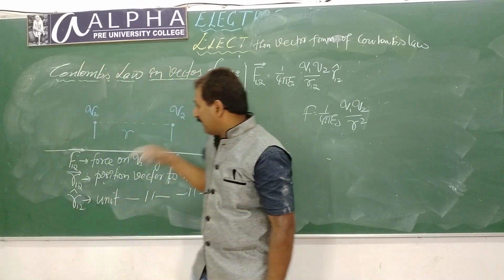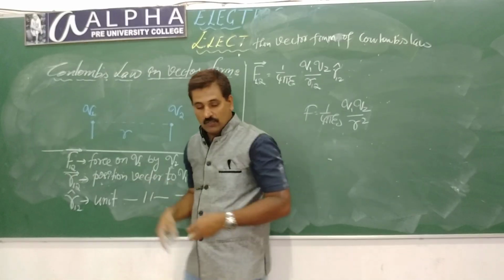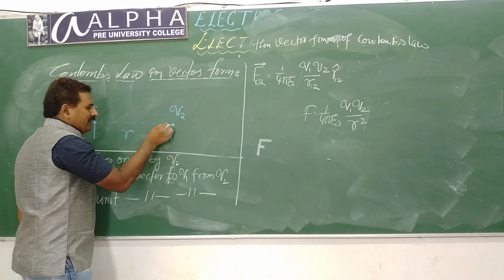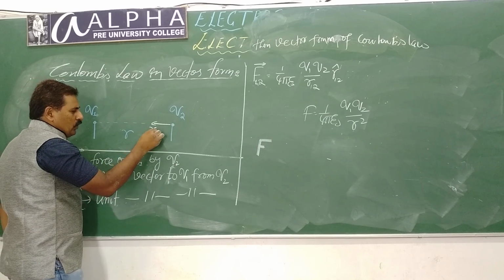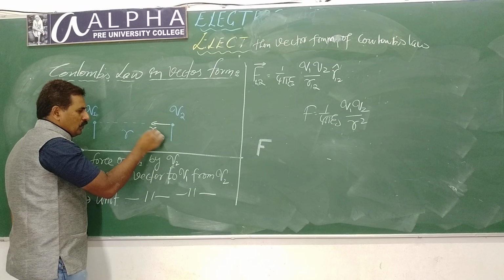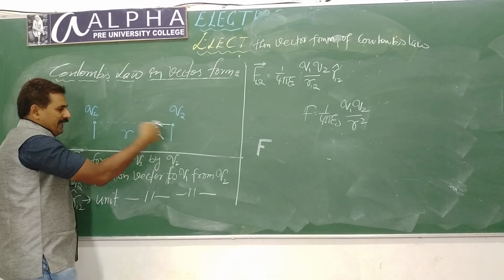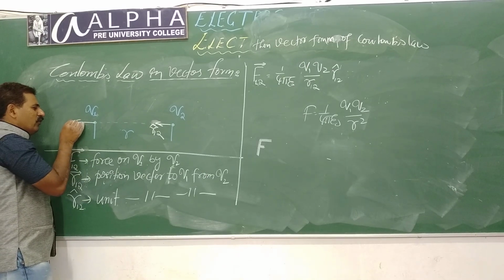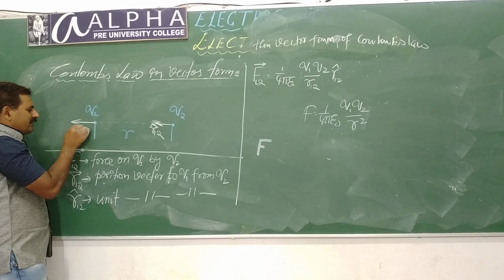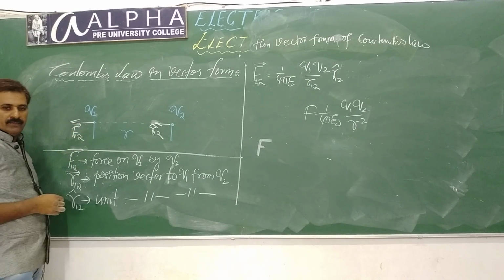See, I am standing here. I am showing the direction. There, force is acting there like that. See, I write the unit vector this side. What is that? R, showing the direction to 1 from which charge? 2. To show direction, we use a unit vector. Just cap, direction, that's it. So you write force here. If I write force this way, it is force on Q1, that is 1 by 2, like this.